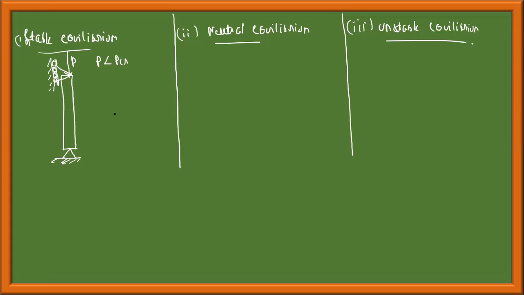Unless and until the load P reaches this critical load or buckling load, the column will not buckle. Buckle in the sense it will not deform excessively like this; lateral bending will not happen. For example, assume that critical load is 500 kilonewton. My load is below this, let's say 250 kilonewton. It is similar to having a ball here. I will displace this ball, and it will move like this and come back to the original position. This is called stable equilibrium. When the load is less than the critical load, this column will not buckle.